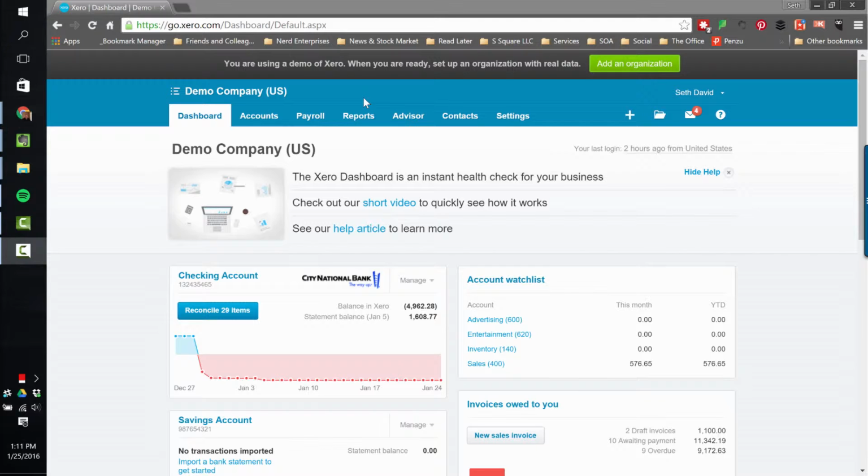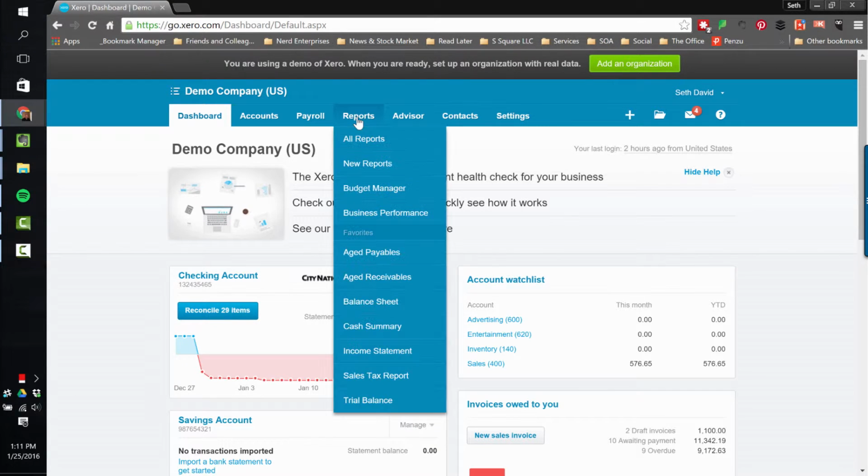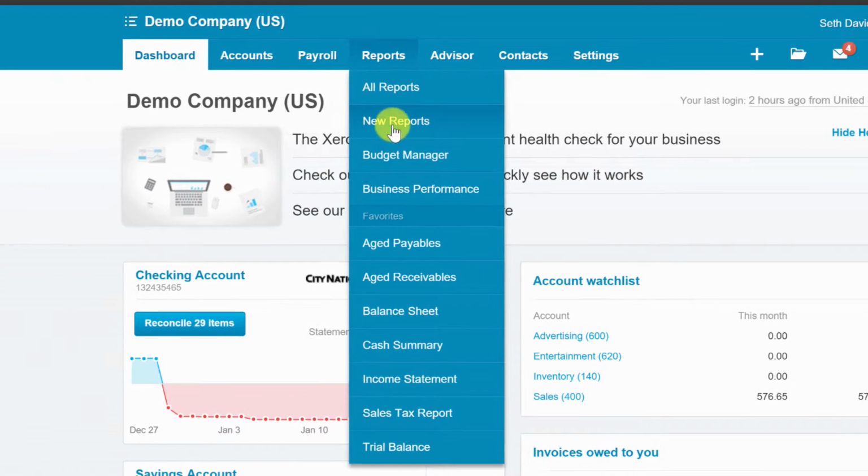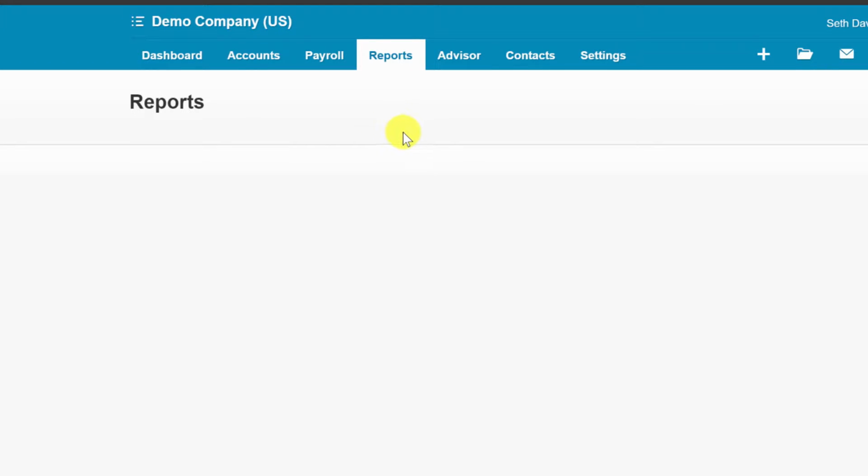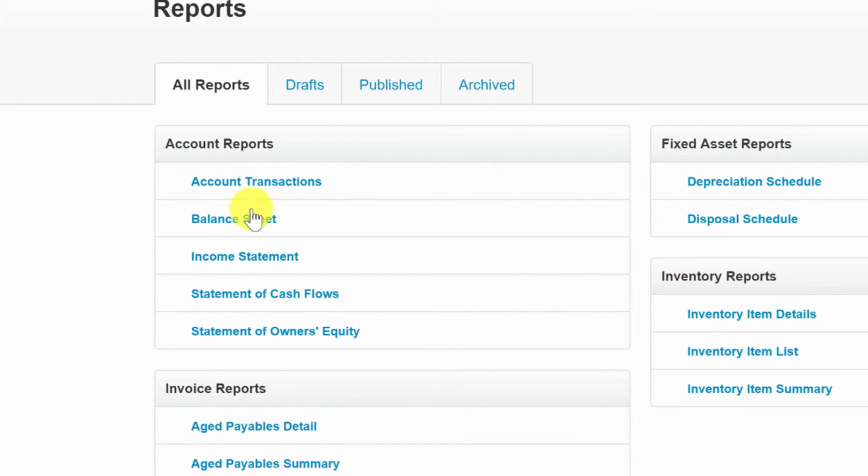And what I'm talking about, as you will no doubt know by now if you read the write-up, and you should read the write-up, I put in a lot of detailed information explaining why I'm not in love with the format that Xero has chosen to give us with respect to the Statement of Cash Flows. If you go to New Reports and you run a Statement of Cash Flows, which is right here now under Account Reports,